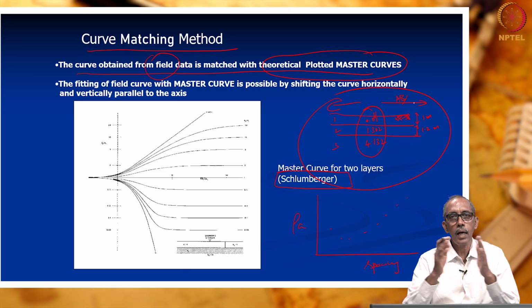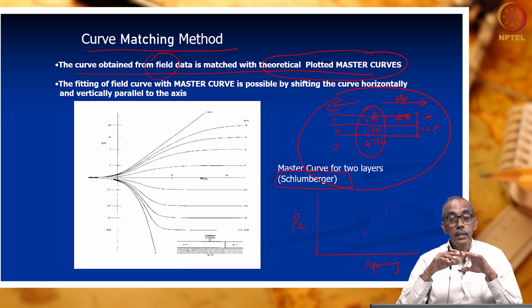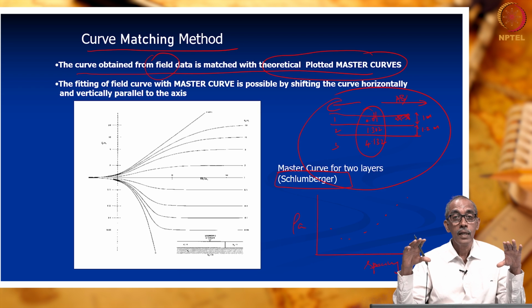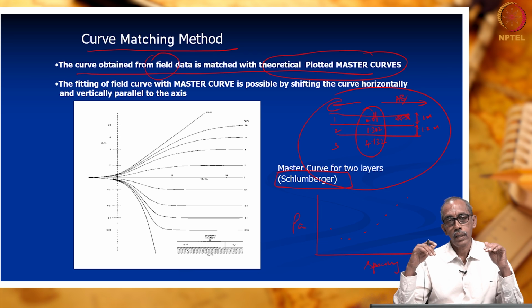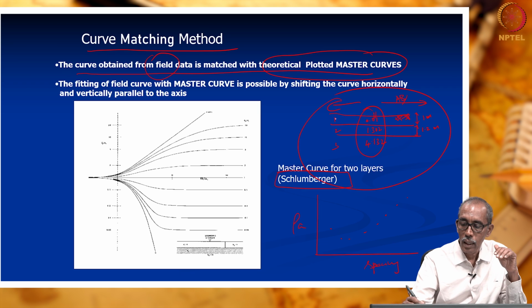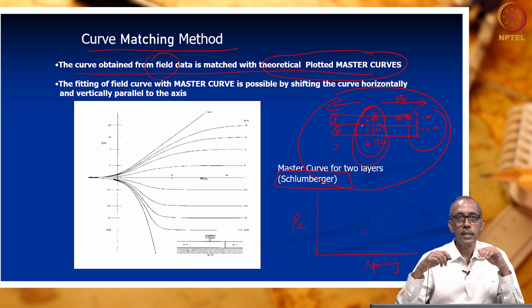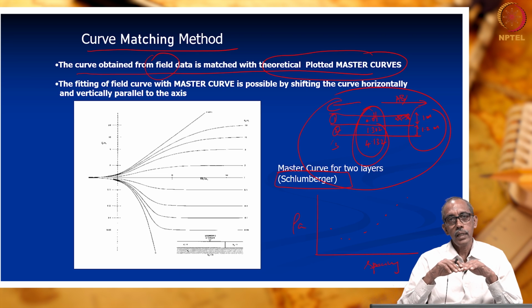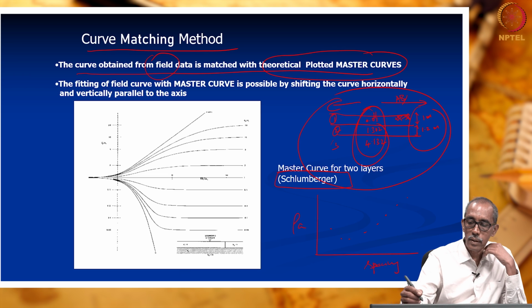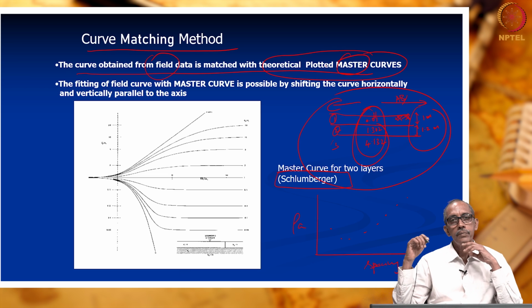So, A and B electrodes are progressively increased over this imaginary hypothetical earth. What will be the resistivity value, or apparent resistivity value, which we are going to get can be theoretically computed, calculated, right. So, for these 1, 2, 3 layers of different thicknesses and different resistivities, we can theoretically arrive at the resistivity curve. That resistivity curve is known as master curves.